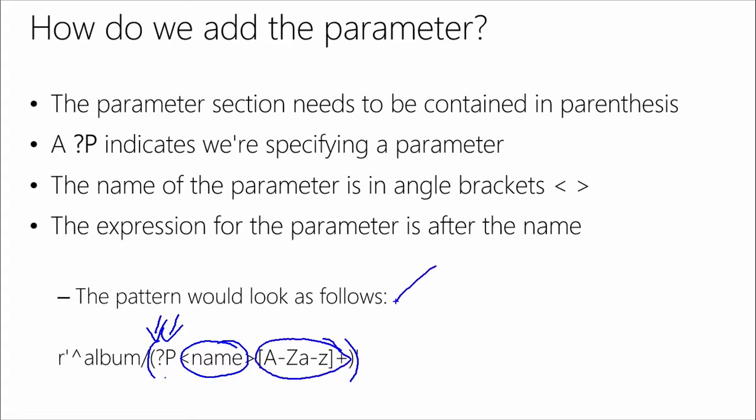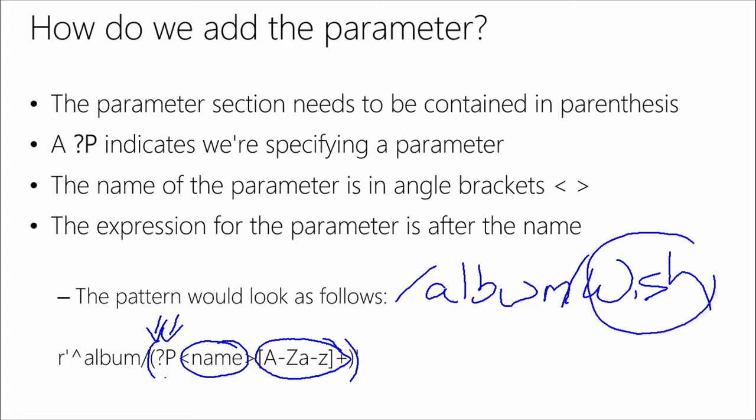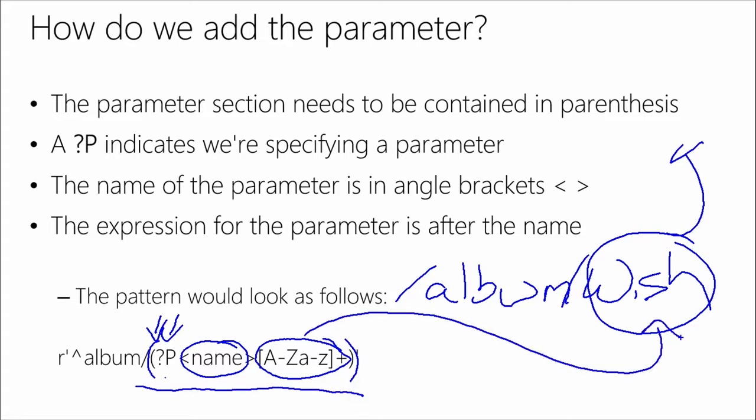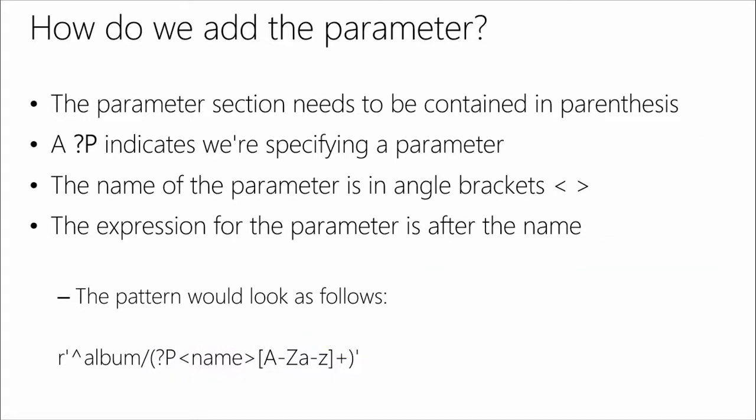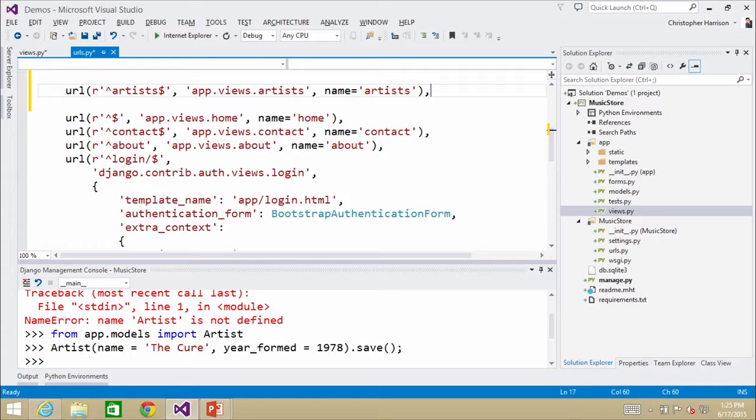So if I wanted to be able to say, for example, album wish, and have wish be passed into that method that we just talked about, this is what I would wind up doing. So this is the expression that's going to match that, and whatever the value is going to wind up inside of name. So if we take a real quick look at that,